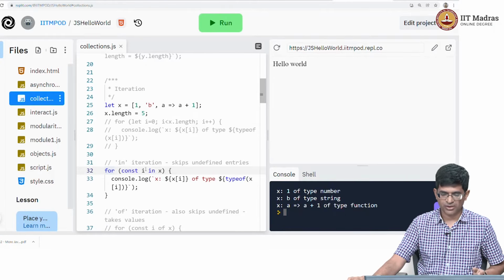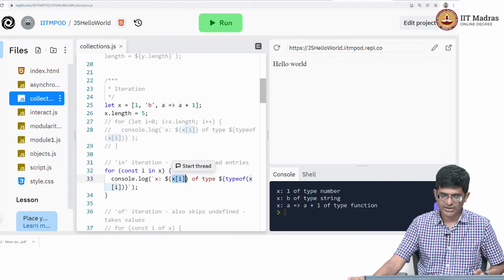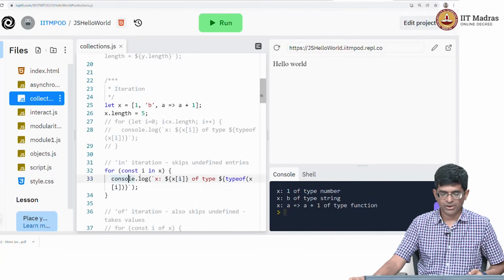You will notice a couple of things. One is, even though x.length is equal to 5, it did not look at elements 3 and 4. It went only for 0, 1 and 2. And in order to get the value, I actually need to do x[i]. In other words, this i is the index into the array that is being iterated over. The difference between a for with an explicit index computation and a for with i in x is that when you do i in x, it goes over the index values,